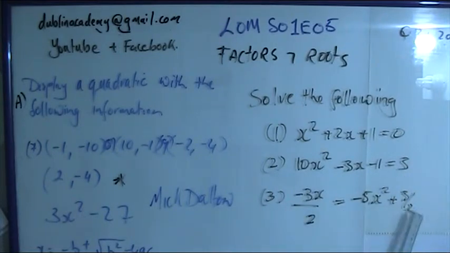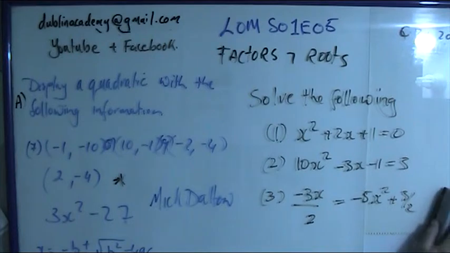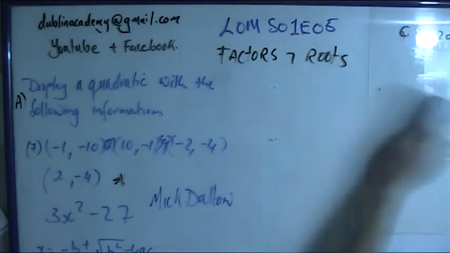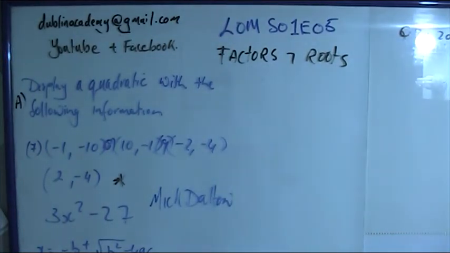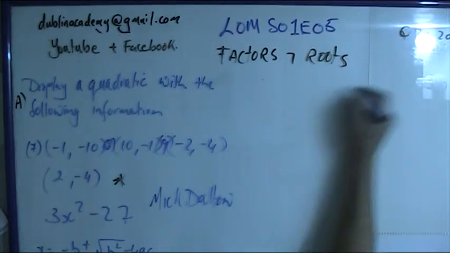And the same for this. Multiply across. You've got to multiply across by the LCM, the lowest common multiple, which is 2. It's the same as fractions, all the same. We just repeat them except we've got x's here. So I'm going to rub this out and I'm going to do this question here. First of all, you're given